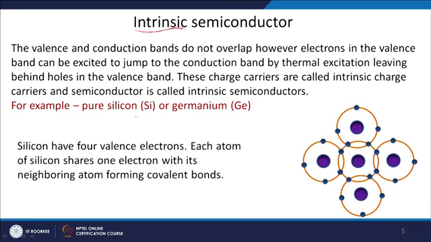Why do they show this kind of property? Silicon has 4 valence electrons. Basically, here it is shown: one silicon atom is at the center and 4 are around it, and they are sharing their valence electrons to fill their